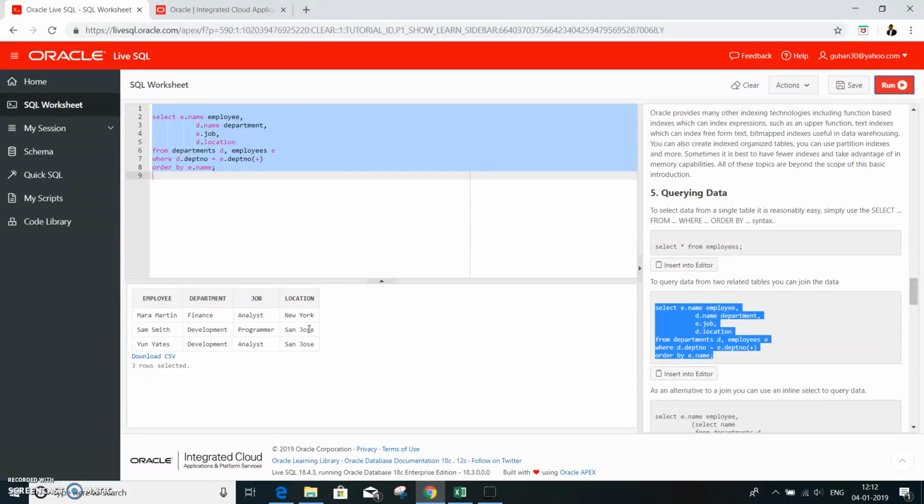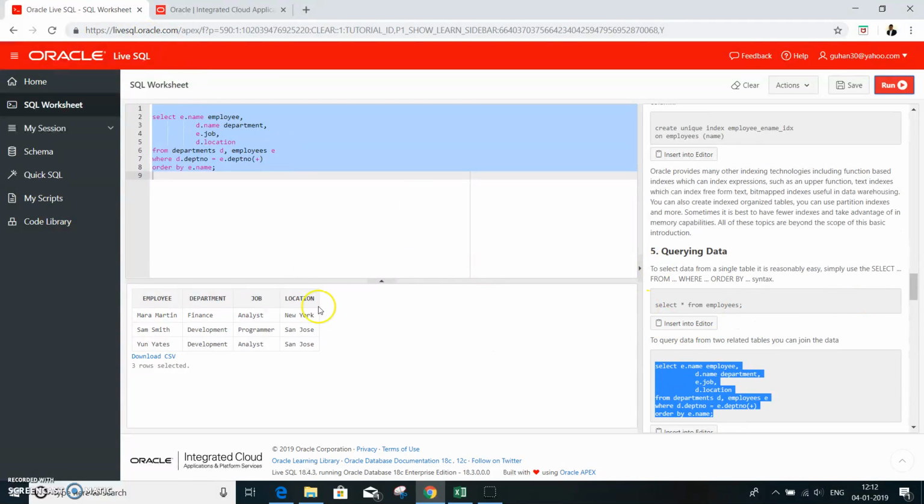It doesn't require any installs. It is all based in the cloud. All you require is an account with Oracle. Then you can get into SQL and learn SQL from the cloud application, which is livesql.oracle.com. So it is just an example.